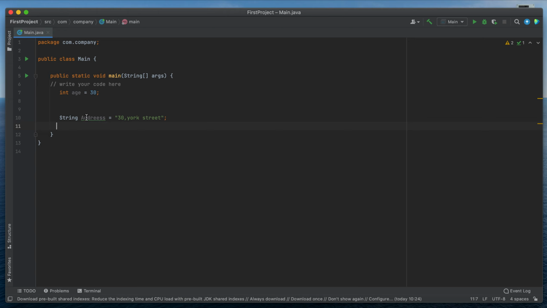I prefer using this method whereby I declare and I assign. However, I'm not going to tell you to stick to this one. But whichever of these methods you think you understand and you're comfortable with, that is what you should work with. The ultimate aim of this video is for you to understand how the code works and how